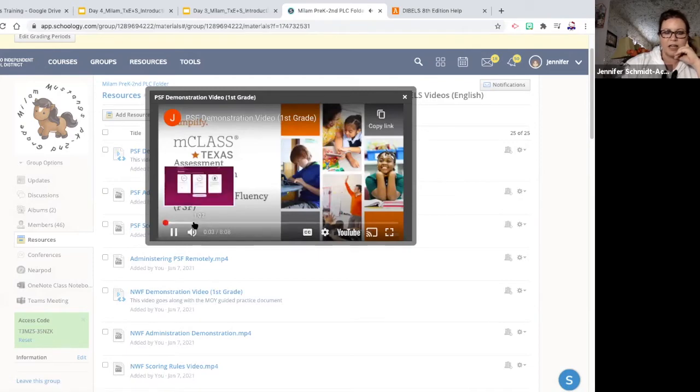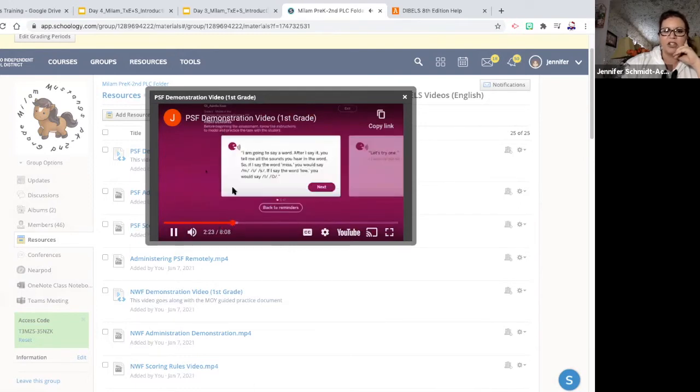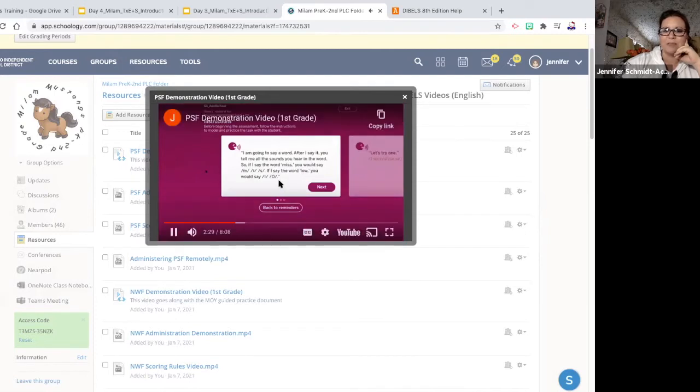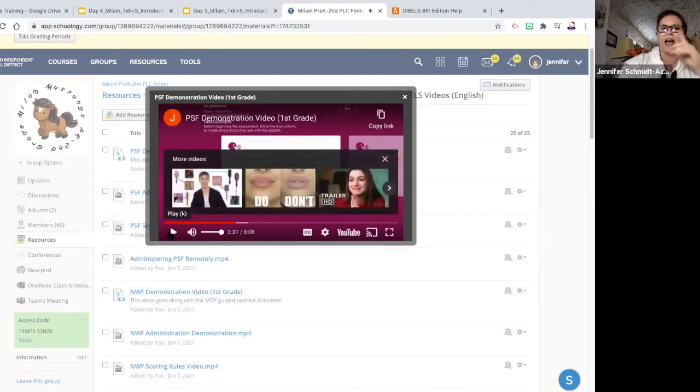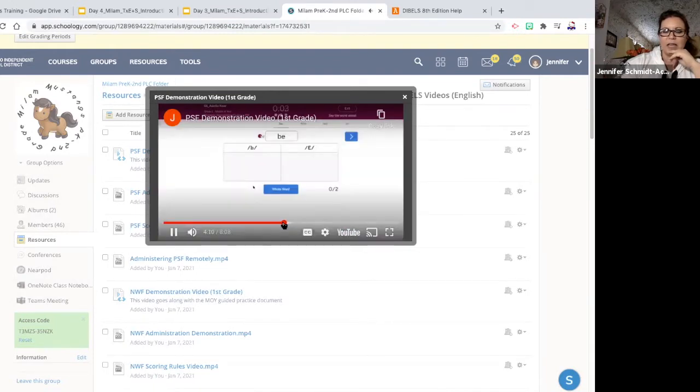It demonstrates phonemic segmentation, and I'm just going to skip through, okay? So I'm going through the reminders, showing you all that, going to the student directions. I also show you if you need to display something to the students. I talk about that and I show that as well. And then when we get to the assessment,